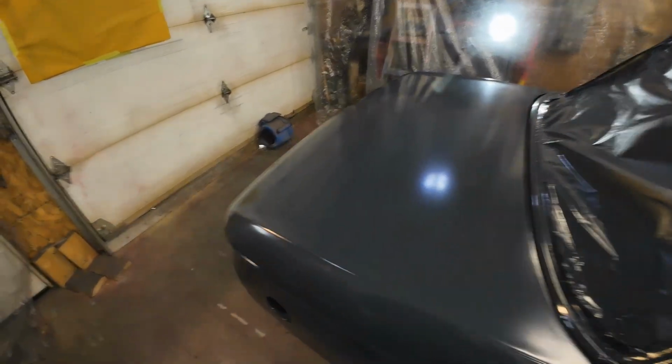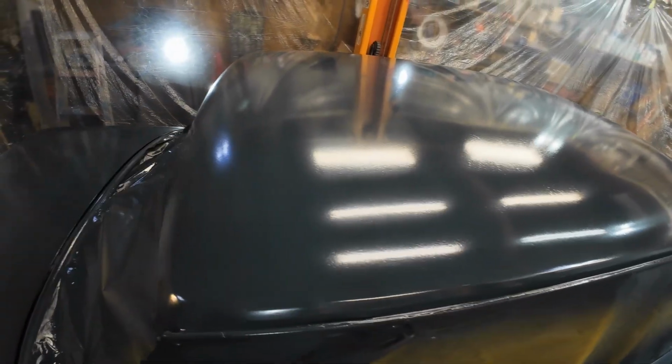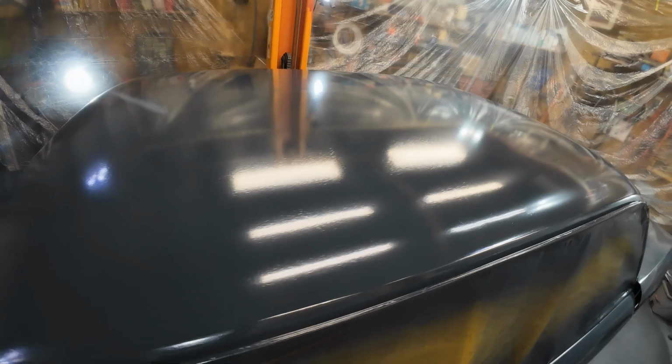Now, you can see some sander marks on the roof here, which is, oh well, that's the way it is. You don't notice it unless you look pretty close to find it. I don't know if you can see it on the camera or not. Maybe I just get down here like this and you might be able to see it. Yeah, you see a couple of marks there on the paint. Anyway,